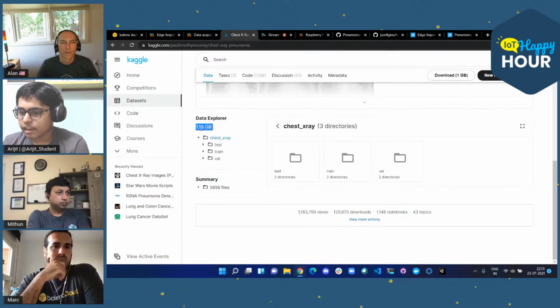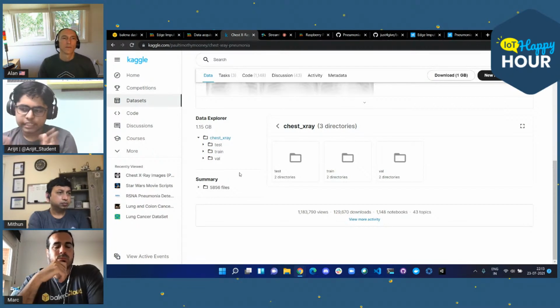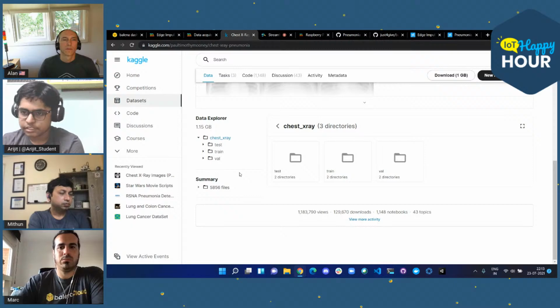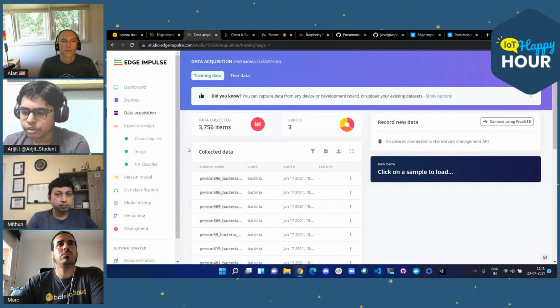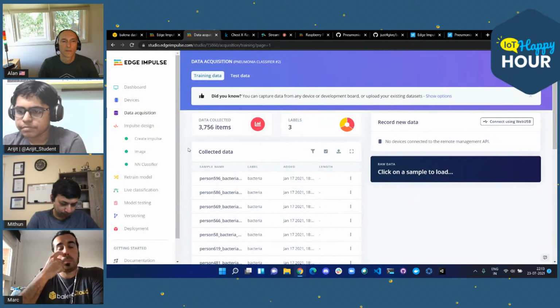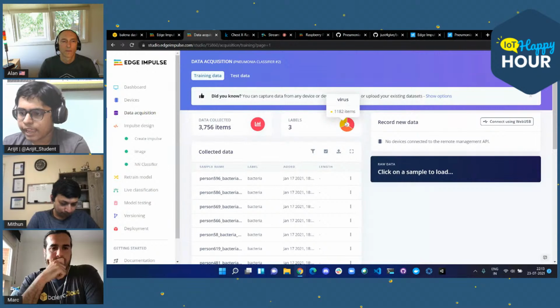It is a big file, around 1 GB, with around 6,000 files of both the testing and the training images. So we took that data set, put it onto the Edge Impulse Studio data acquisition page, and trained up the model accordingly.